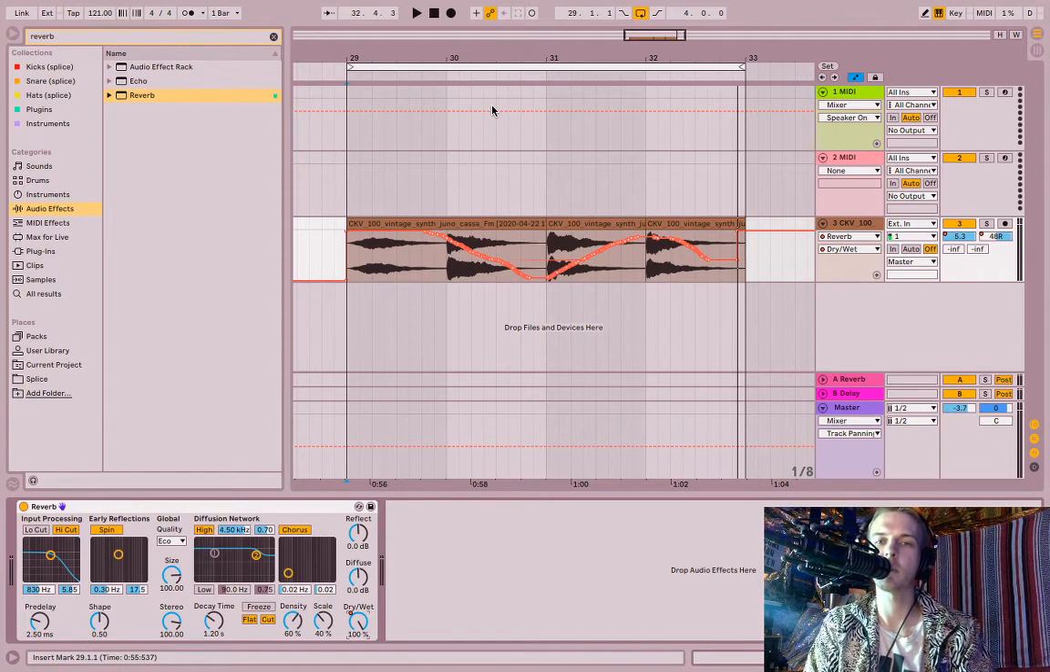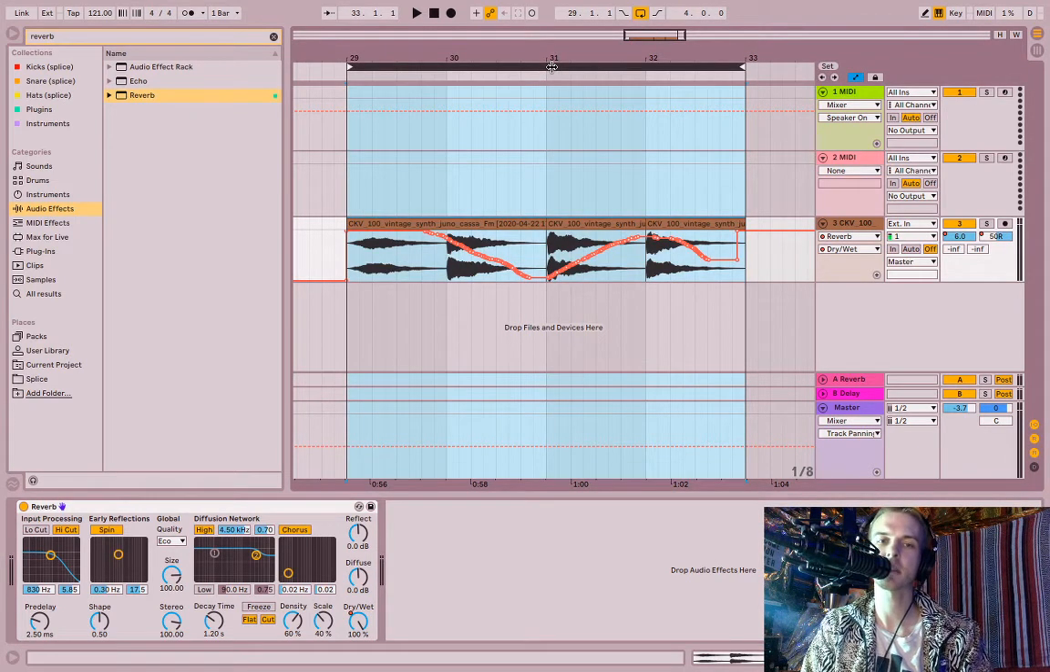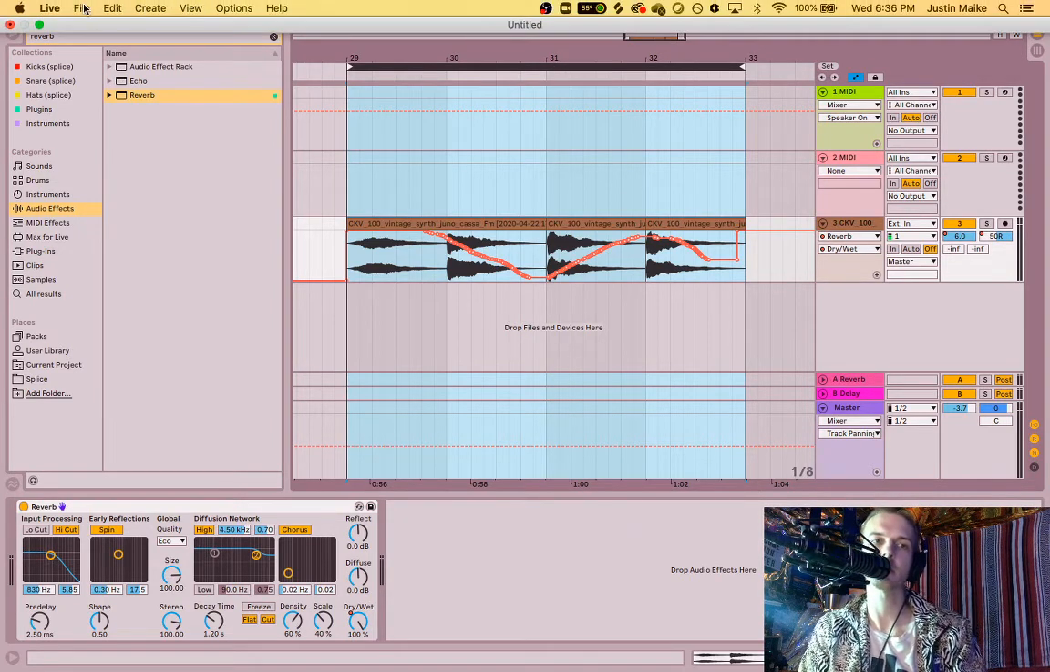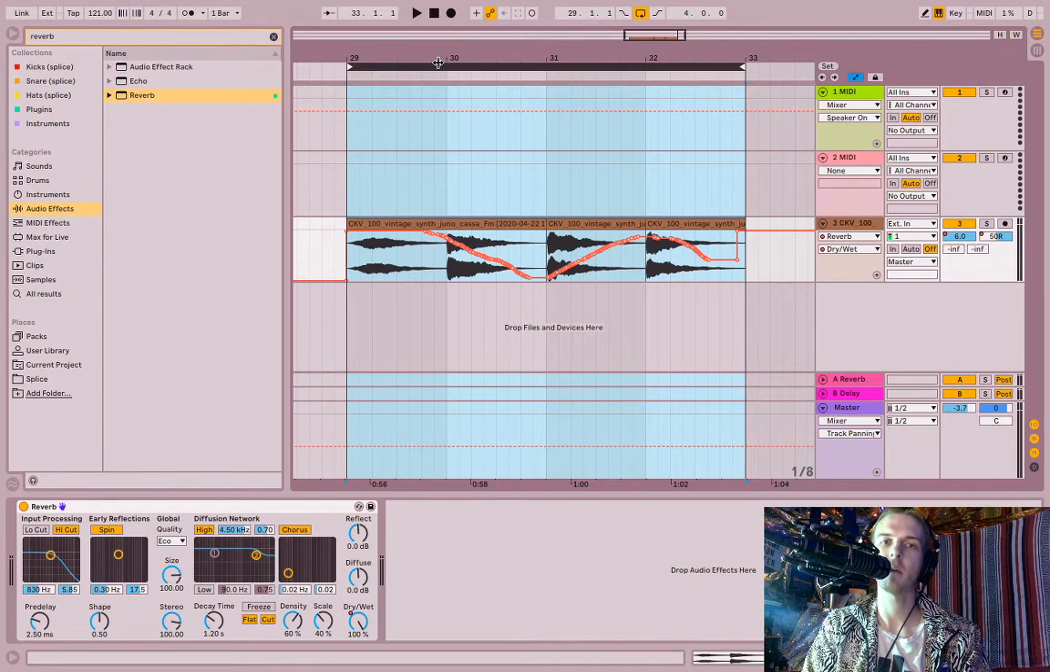So if I'm happy with that, I'll go ahead and export it. When we export something, it's either going to be as a WAV or an MP3 file. A WAV is going to be the much higher resolution file, and an MP3 will be a lower compressed version of that audio. But before I do that, I want to go ahead and select the area that I want to